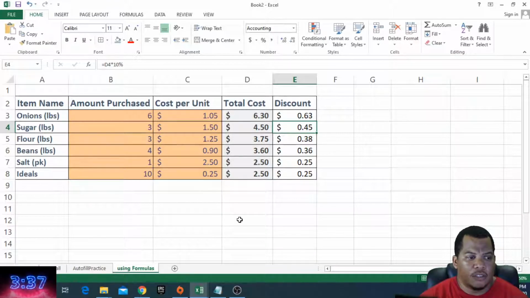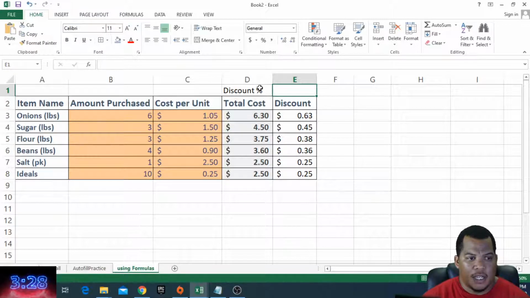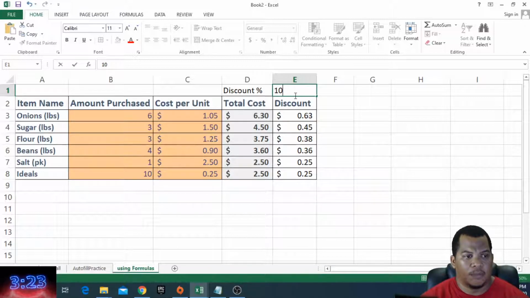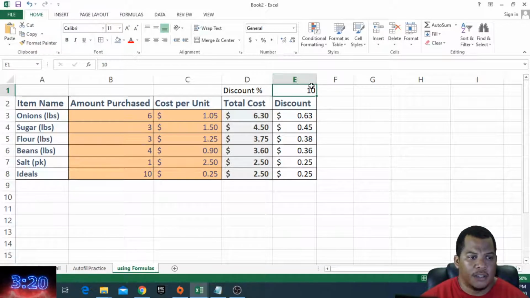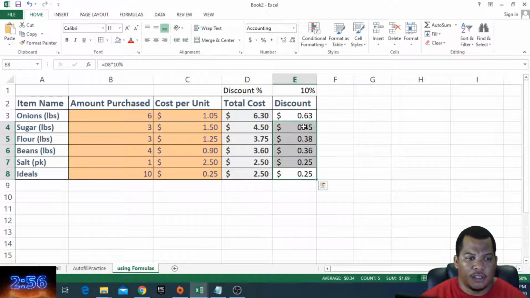So a good idea is to place our cell maybe somewhere up top here, and let's call it discount percentage. And in this cell, we want to place our 10%. So 10, and we will format this to percentage. It's saying 1,000%, let's change it to 10, so 10%. Notice that I had to format the cell first to percentage and then place in the amount I wanted, otherwise it becomes 1,000%. Good? So what I would do here then, and let me delete this so we're not confusing things,